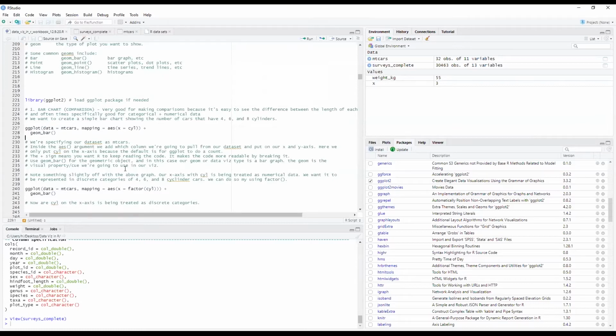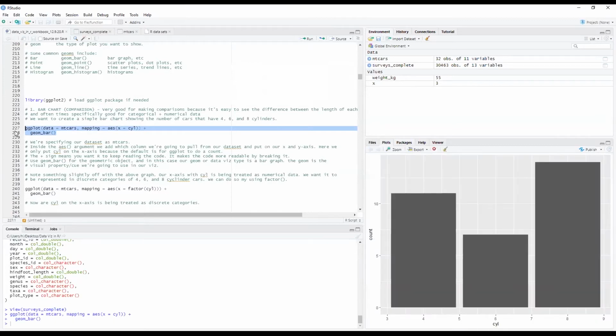So what does this look like? I'm going to execute this, and hopefully you'll maybe not be wowed, but this is the first visualization. We have our bar chart, finally, after all this work. Simple bar chart. We get our count of 4-cylinder cars, maybe like 12, 13, somewhere there. 6-cylinder cars, 8-cylinder cars. Simple count, simple bar chart.